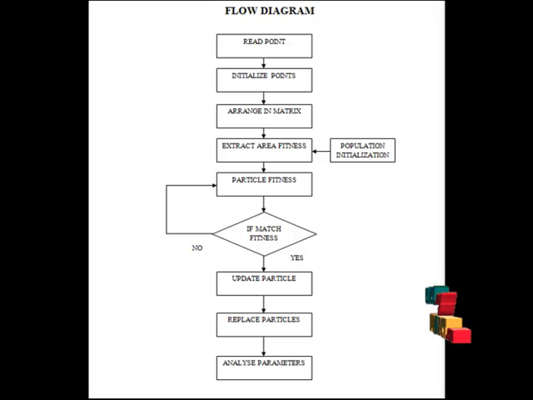each particle is updated by following two best values. The first one is the best solution it has achieved so far. This value is called P-best. Another best value that is tracked by the particle swarm optimizer is the best value obtained so far by any particle in the population. This best value is the global best and is called G-best. When the particle takes part of the population as its topological neighbors, the best value is the local best and